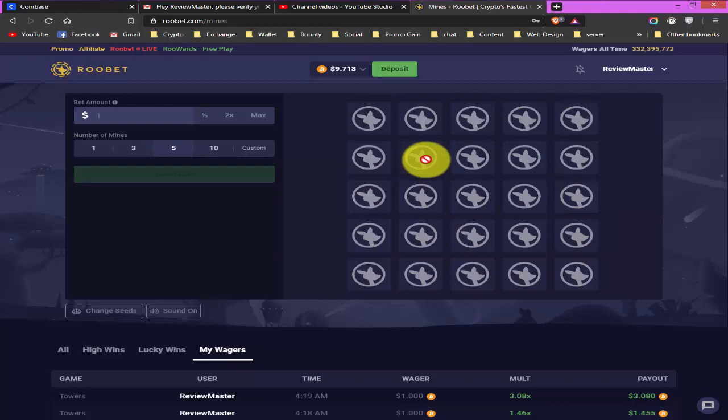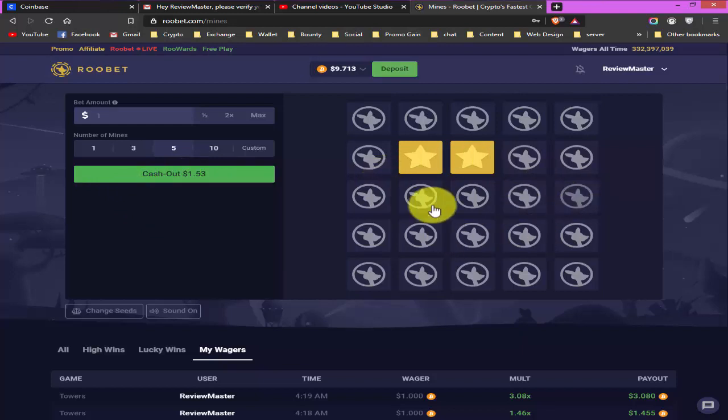Like I select this, and there is no mine in this box, and I get 1.2x in return. Here you can see my bid amount was 1, and now I have 1.21. If I want to cash out now, I can just click on this, or if I want to go further, I click on another box. I will select this one, and there are no mines here. Then I can cash out 1.5853, or I can continue my play. Then I will continue. I will select this, my guess is right, and I get 1.96.